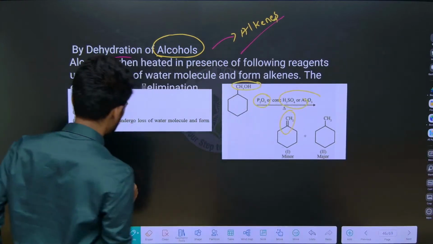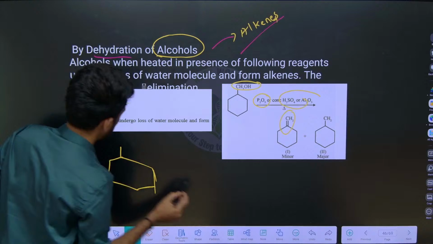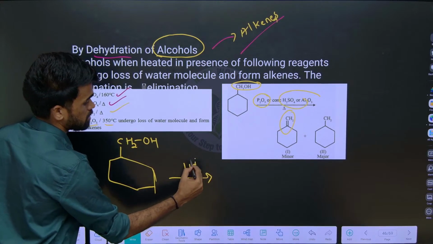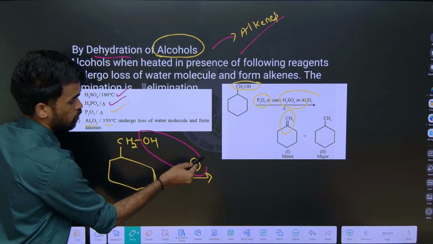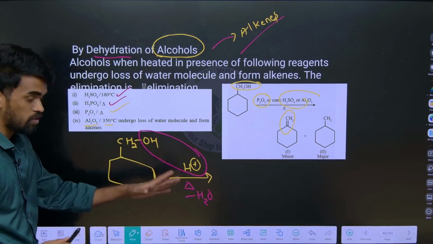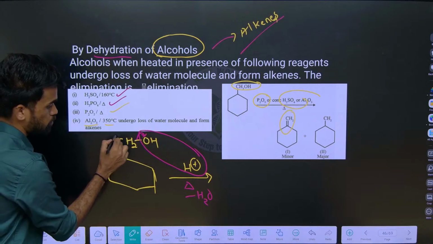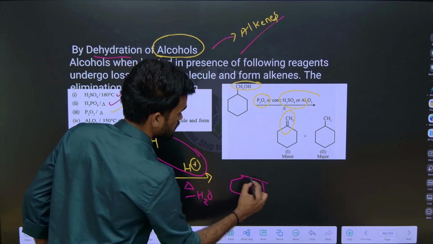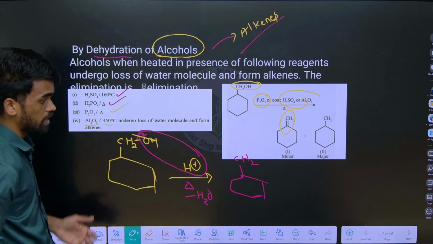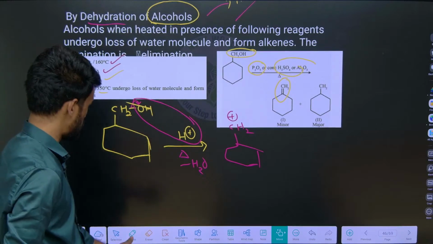See what happens here. If this is the alcohol, these are acid reagents, so let us say H plus is added. The OH is removed as water when we heat it, it undergoes dehydration, so that this bond is taken by this electronegative oxygen atom, therefore we get a positive charge on this carbon. This is a primary carbocation which is least stable, right,